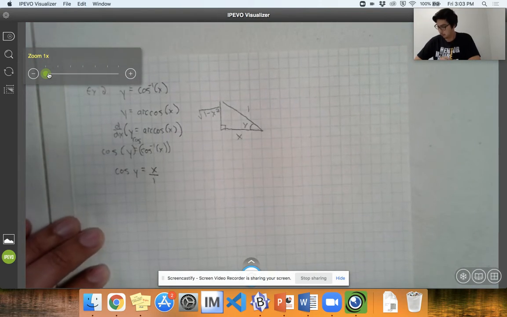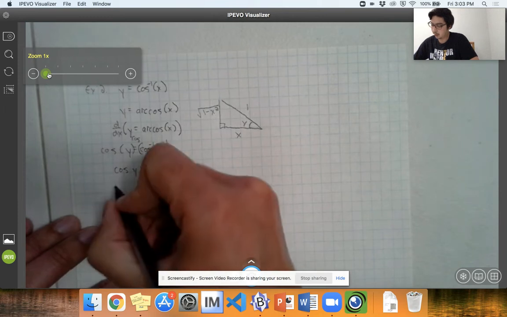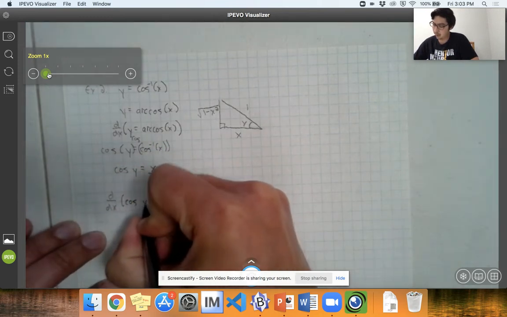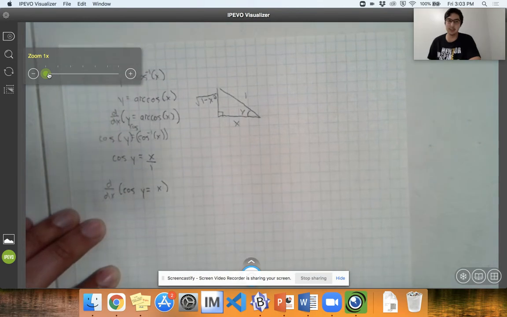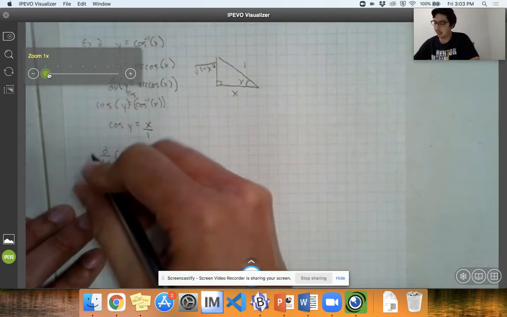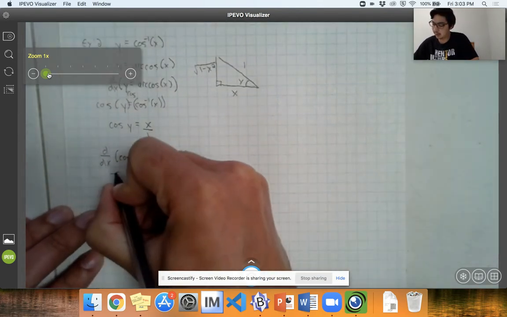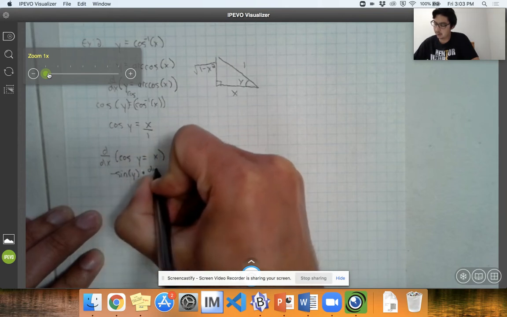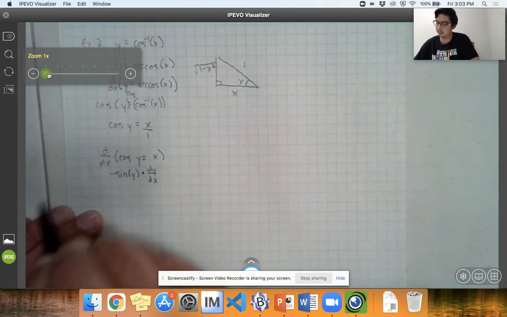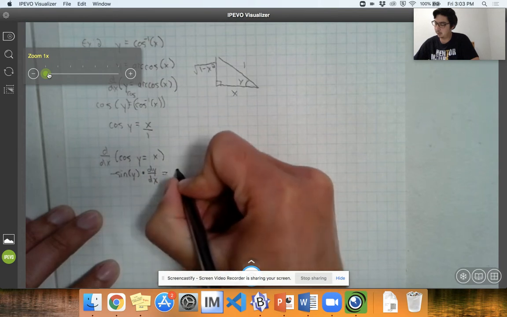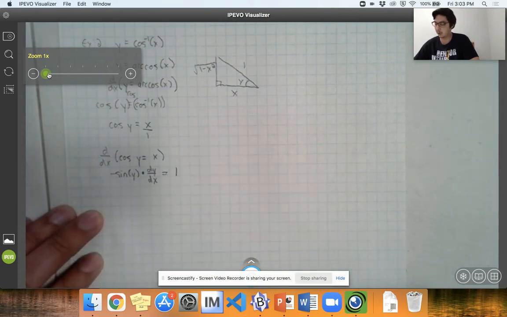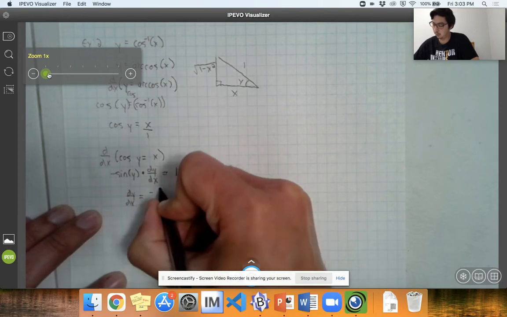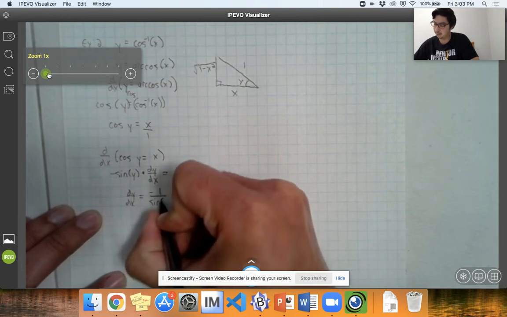So what we do next is take the derivative of cosine of y equals x implicitly. And you're going to have the derivative of the outside, which is negative sine, leaving the inside alone, times the derivative of the inside, which will be dy dx, is equal to 1, which implies that dy dx is equal to negative 1 over sine of y,